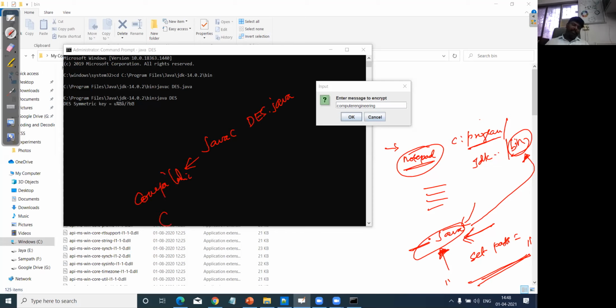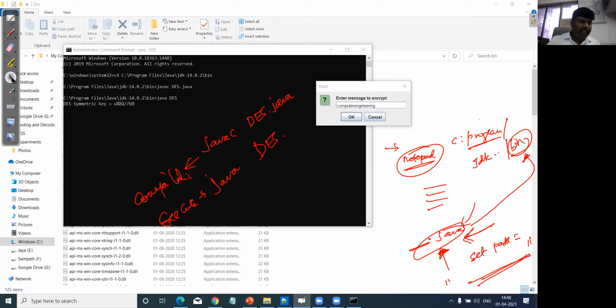Again, in order to execute, you just type java, which is case sensitive again, followed by the file name. The name of the file and the class name should be the same. Okay, so if I execute it, I'll explain how this works.